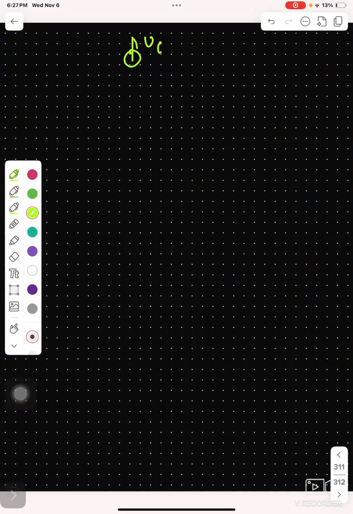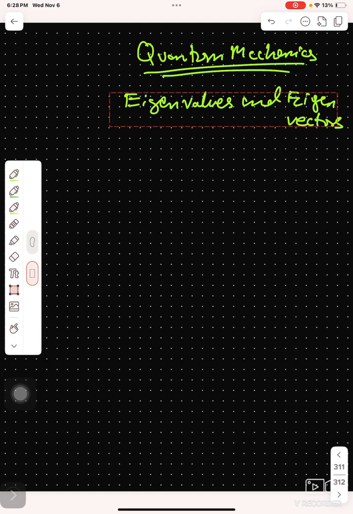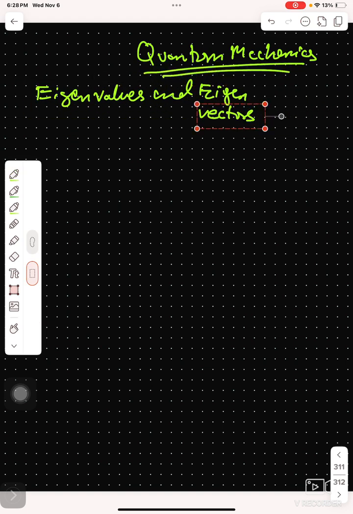So today we will be talking about one of the topics in quantum mechanics, and math as well: eigenvalues and eigenvectors. Sorry, not functions, vectors. To get started with,